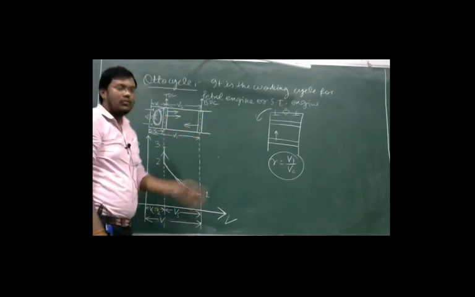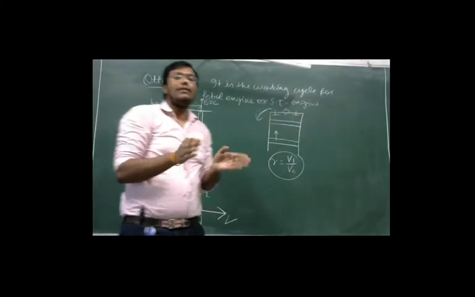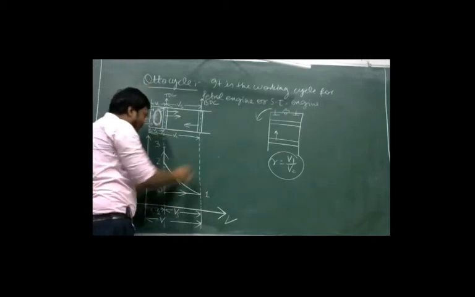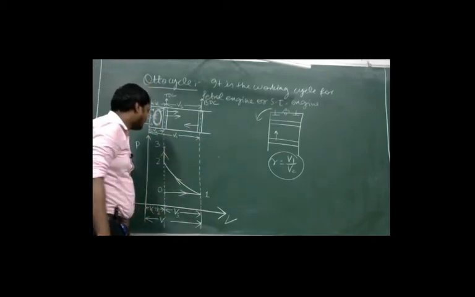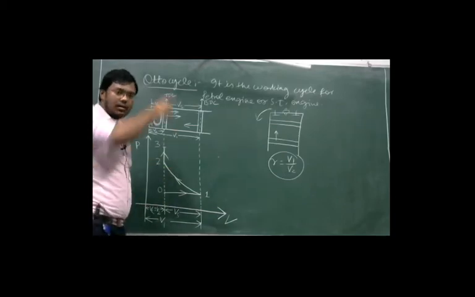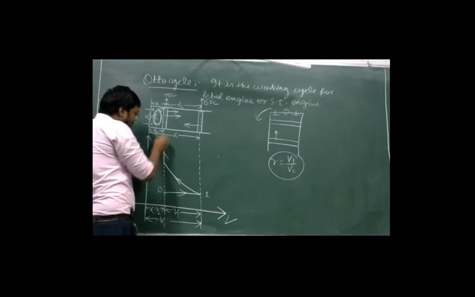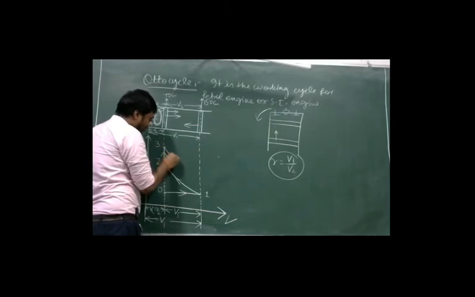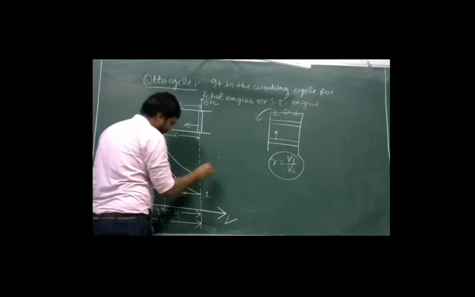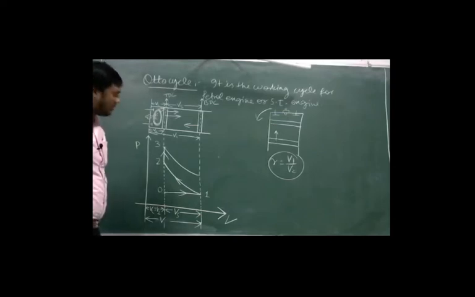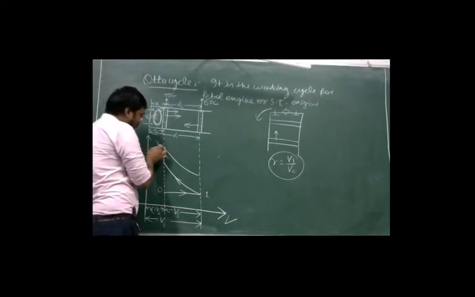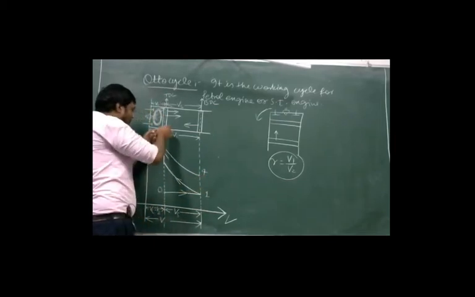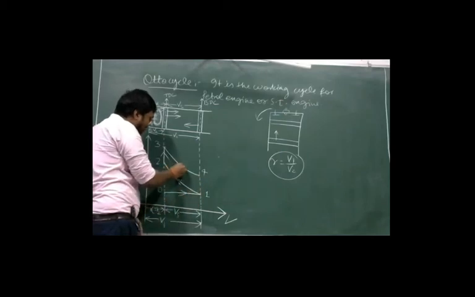I have told you that expansion and compression will always be adiabatic processes. So we have to move from the TDC line to the BDC line, but in an adiabatic manner, and adiabatic manner means through a curve. So now I am moving from TDC to BDC for the expansion process, but through a curve, that is the adiabatic process. We have moved from position 3 to position 4, and the arrow should be like this.